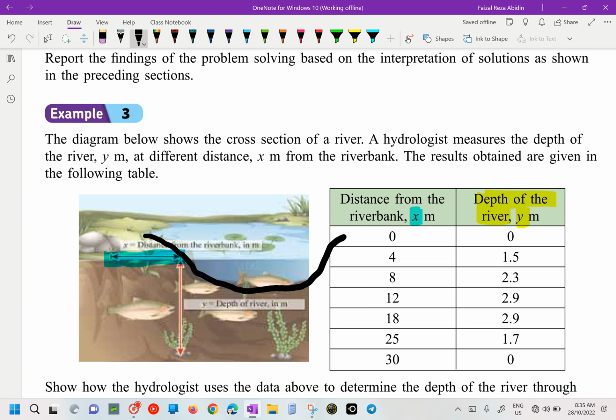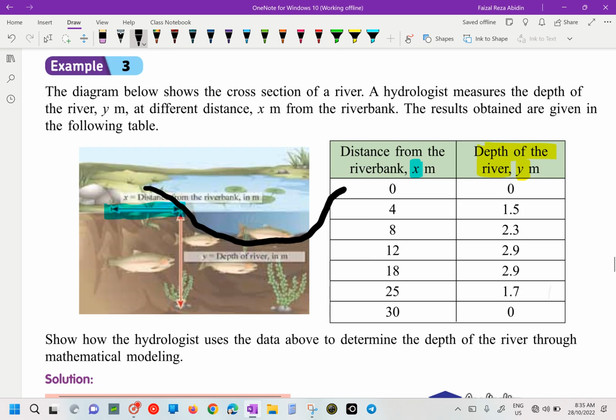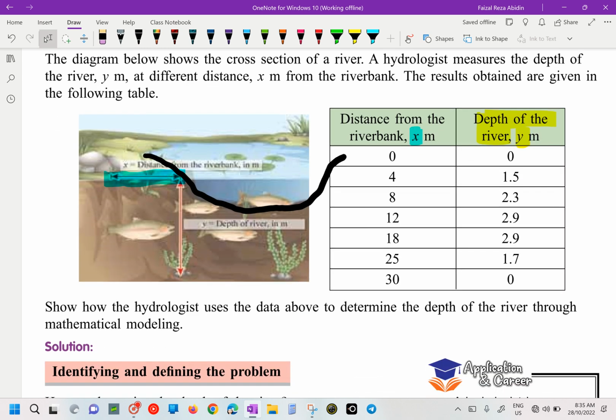Why? Because it goes towards the land again. On land, it goes down to the bottom, then it goes back to land. It's a river, right? It's not the sea. Okay, the sea is too big. Okay, so show how the hydrologists use the data above to determine the depth of river